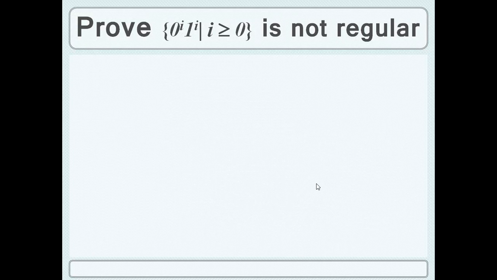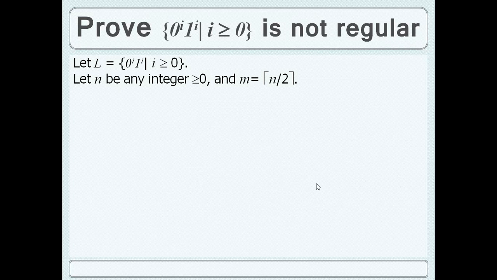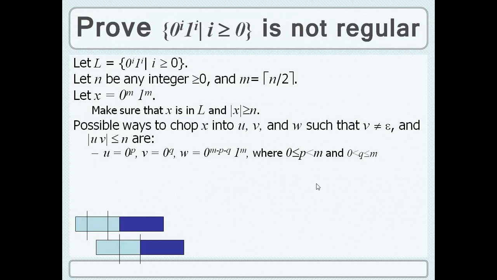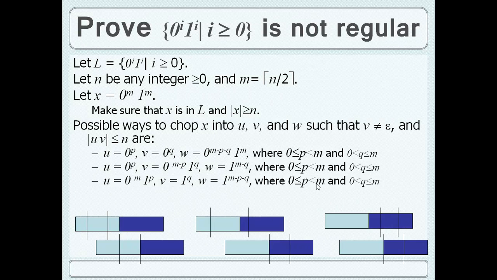Now we can prove that 0^i 1^i, with i not even equal to 0, is not regular. We can prove it like this by taking your v and u, v, w. You can find